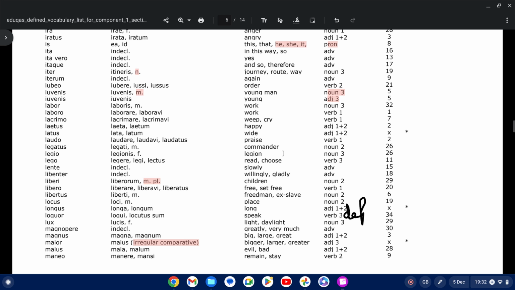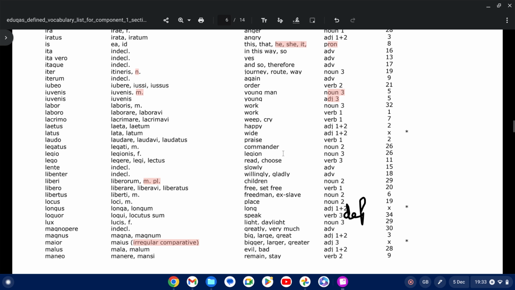We're nearly there. Magnopere is related to the next word as well. So magnopere is an adverb meaning greatly or very much. It's actually a mix of two words, magnus and opus. Okay, and then they're kind of in the ablative case, and we've talked about how ablative words can often be used to form adverbs. So if you take magno and opere, it means with great, and then opus means work or hence labour. So with great work or with great labour, or from great work or from great labour,